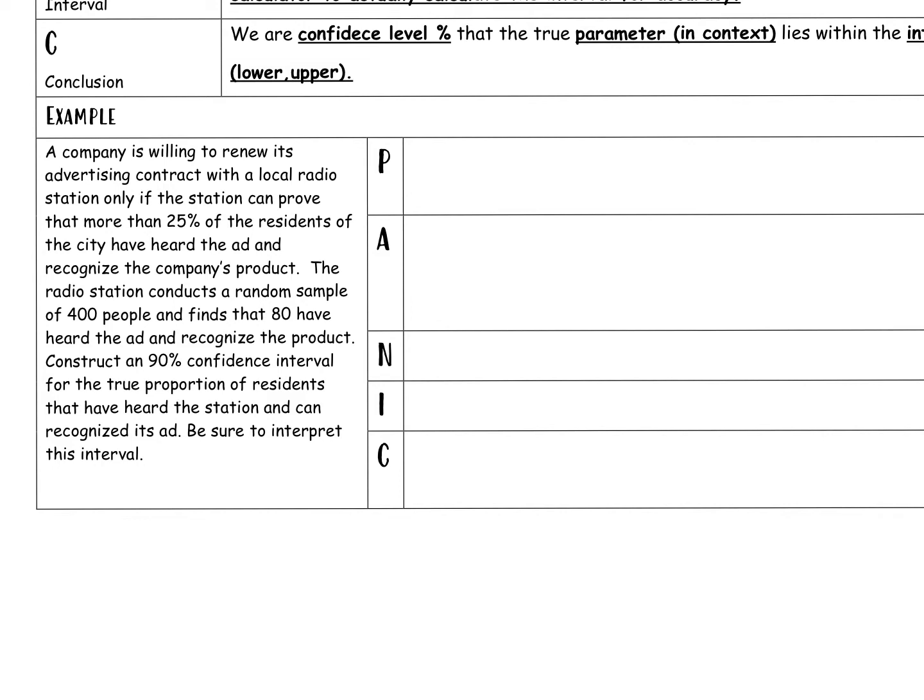So the first thing we're going to do is we know it has to be an interval, and we know what level it's at as well, but we're just finding a confidence interval. So this means we're going to PANIC. I'm going to start out by saying P, the true proportion. This is the true proportion of residents